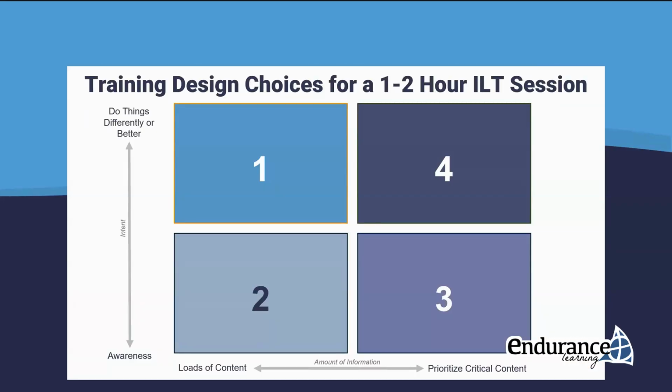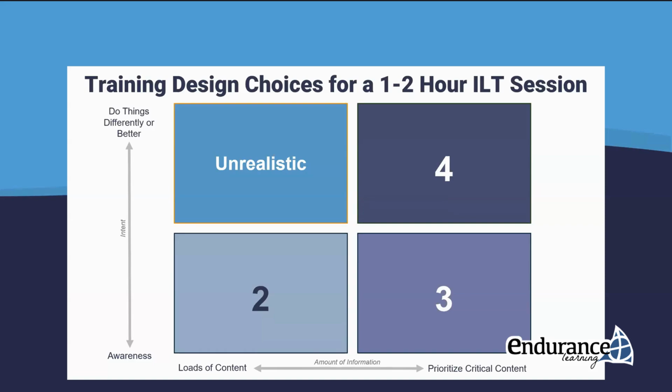And so when we think of these quadrants again, up in this upper right hand corner, that quadrant one, this is a lot of times when I'm doing a train the trainer session and we'll do adult learning theory, and people are like, oh, okay, I want this to be interactive, I want it to be engaging, I want people to say this is their best learning experience. And then they'll tell me, but if I only have an hour, I have all this content I need to cover. And the problem with quadrant one is that it really is not realistic. To have loads of content and to expect people to do things new or differently or better in 1 or 2 hours, it's just not realistic. And so something's got to give.